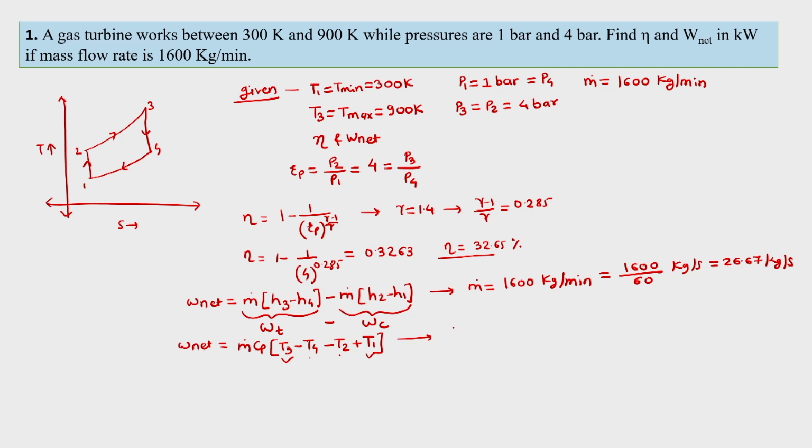So let us evaluate T2. T2 is equal to T1 into Rp raised to gamma minus 1 upon gamma, and this turns out to be 445.35 Kelvin. Then T4 is equal to T3 divided by Rp raised to gamma minus 1 upon gamma, and it turns out to be